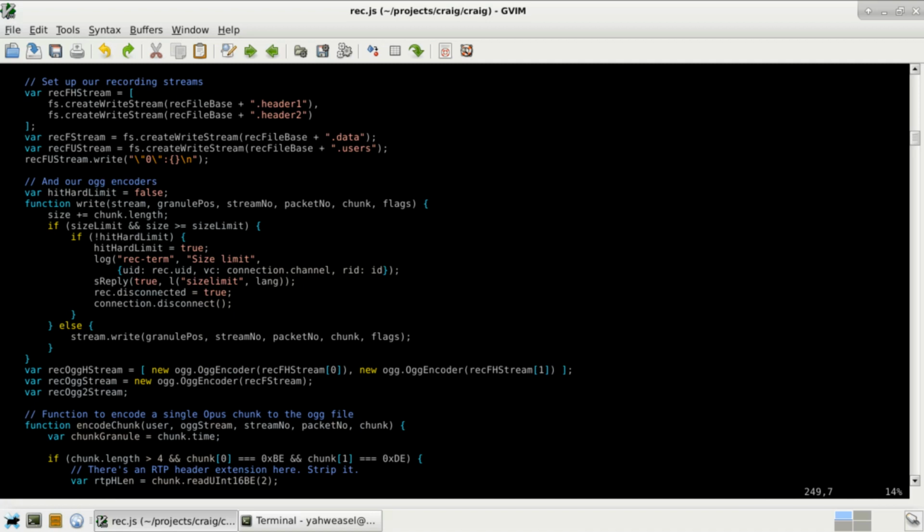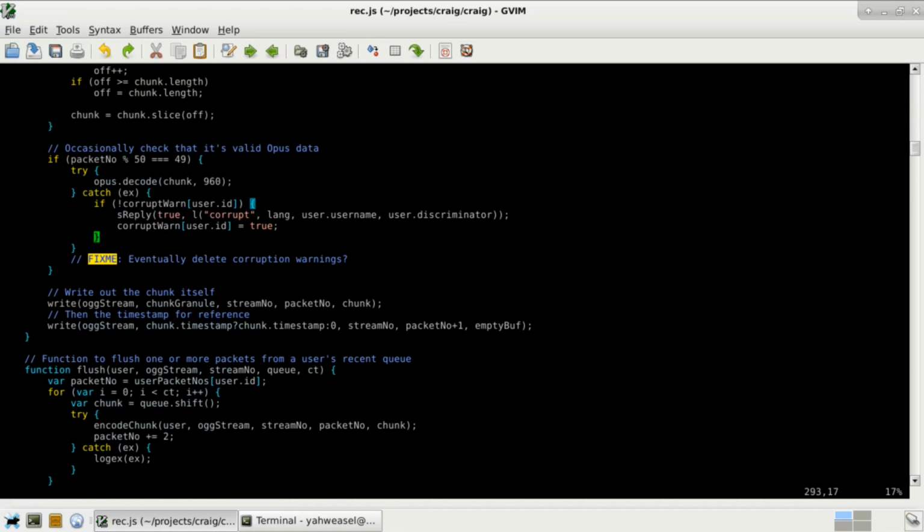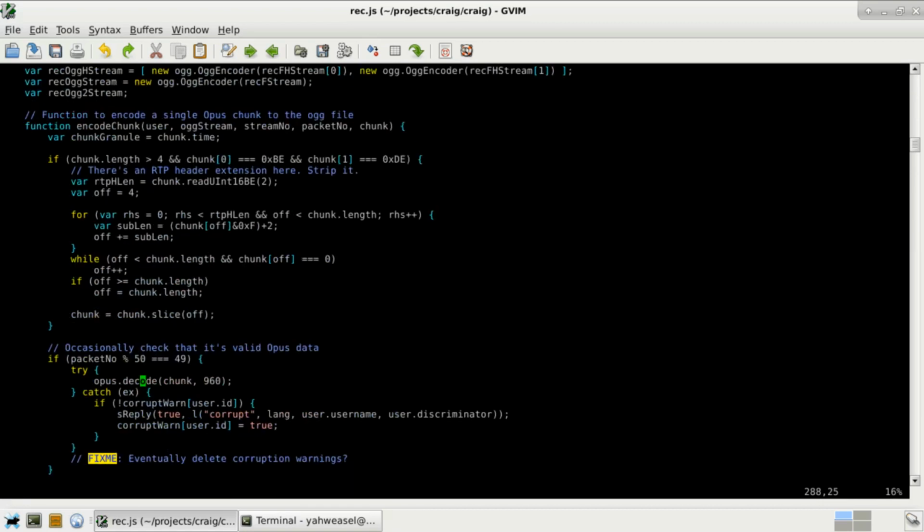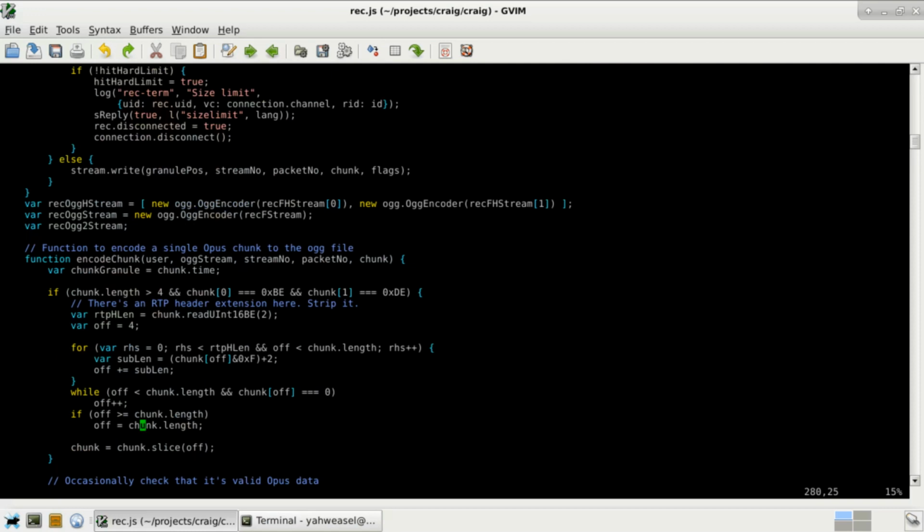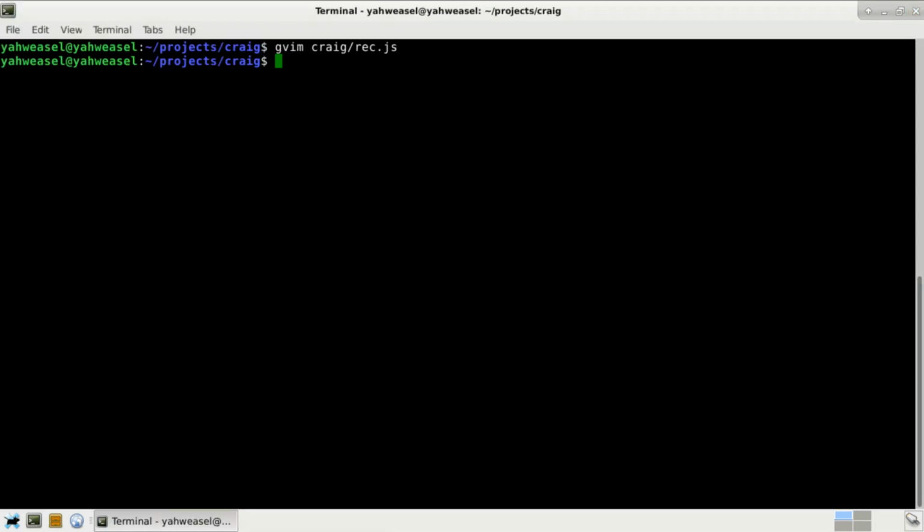So Craig actually produces valid OGG files with Opus data. It never decodes the Opus data. Every 50 packets, it decodes it just to check if it's corrupt, but setting that aside, it never decodes the Opus data that Discord gives it. It just assumes that the Opus data is correct and writes it out to the disk. So what Craig is actually creating is an OGG file that is technically valid, but doesn't have streams of audio. It has a bunch of independent chunks of audio, each of which are timestamped. That's a valid use of OGG, like this is a valid OGG file. OGG files are allowed to look like that, but no actual decoder, no actual piece of software will handle that